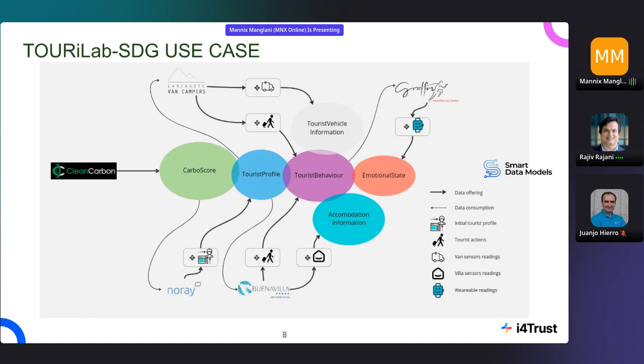Okay, so basically, with this tourist profile, these entities can have enhanced and customized products and services for these eco-aware tourists, who on the other side are interesting for these entities, because they are known as valuable customers for them. And with additional information from Van Campers and Buenavilla, using IoT, both for domoticizing their villas, or sensing their camper vans,